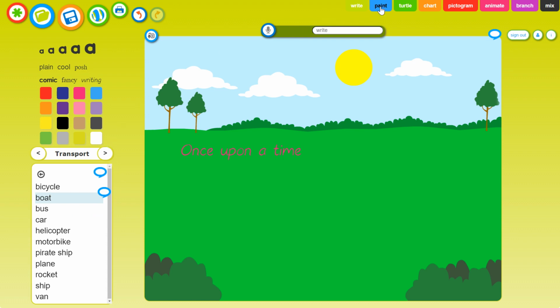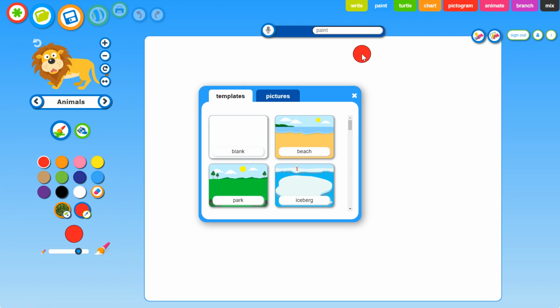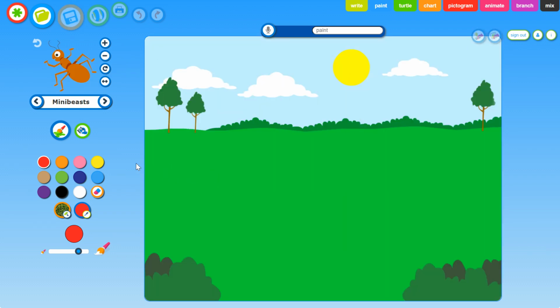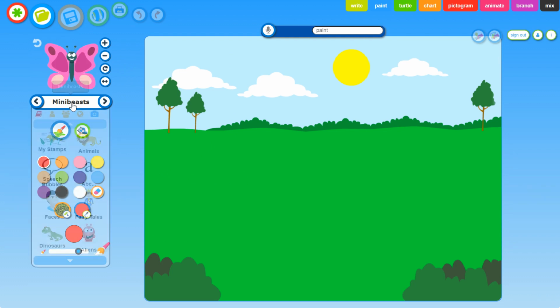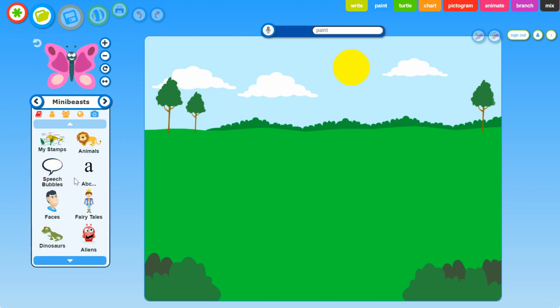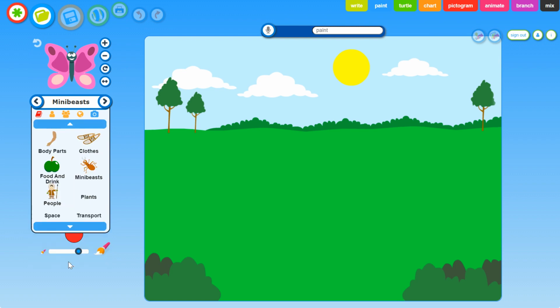The next tool that they're able to use in the JIT is the JIT Paint. So by selecting Paint, we're able to go again, and we've got the same templates as before. So we'll select the park. We can also use a selection of different images that we can use within our mini beasts there, or we can go down and we can see the range of different pictures and images that they've got for us to